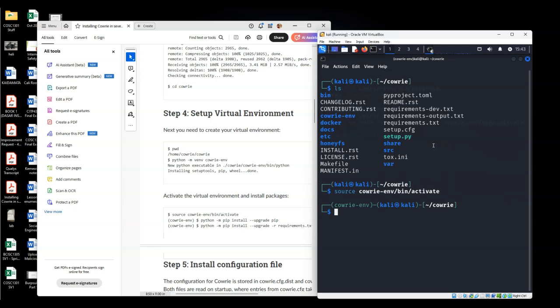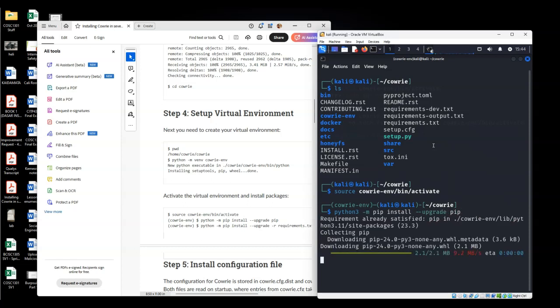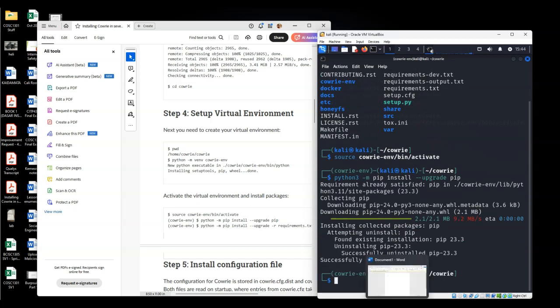Python 3 -m pip install --upgrade pip. All right, make sure that the requirements are already satisfied. This is what, pip 23.3. All right, successfully installed the latest one,